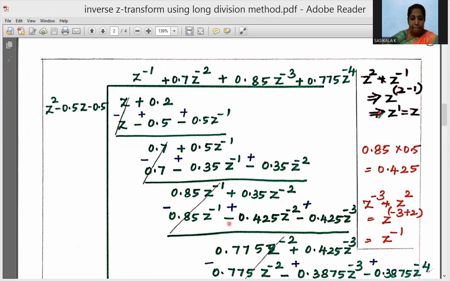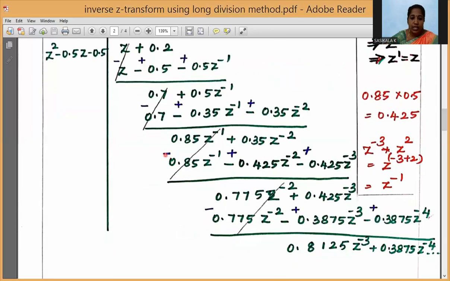Again minus into plus, minus 0.5 into 0.85 is 0.425. So 0.425 z into z power minus 3, which is equal to z power minus of minus 3 plus 1, which is z power minus 2. Again minus into plus, minus 0.5 into 0.85, 0.425 z power minus 3. Now what you have to do? Just change the sign. So you'll be getting minus, plus and plus. So this 0.85 z inverse will get cancelled. Now you just add these two values,